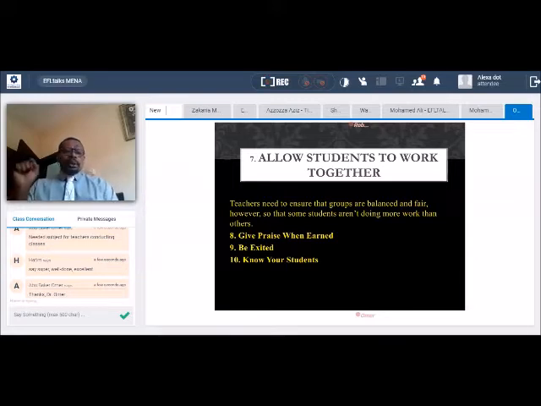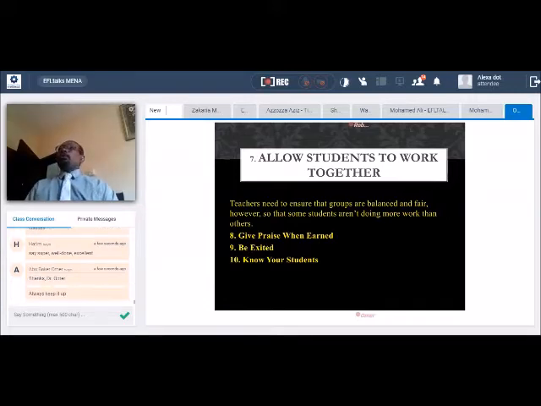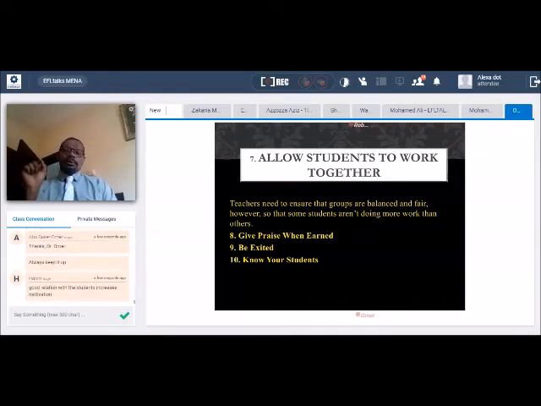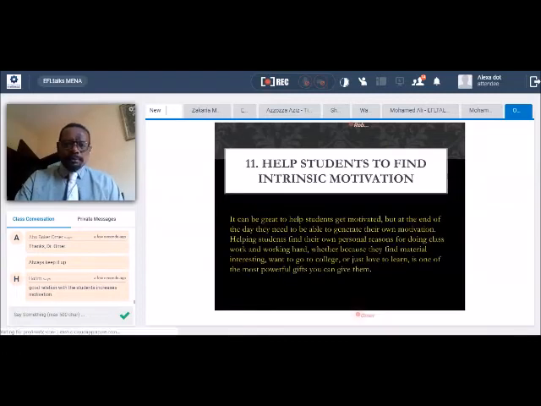When the students feel they are really appreciated, this feeling creates a safe learning environment, and it's a big motivation for the students to work harder. You have to know your students. What I mean by this is, know how they learn, what their social backgrounds are, what they like, what they don't like, and you can share some of your own experience with them, especially the successful experience, and set yourself as an example for them.